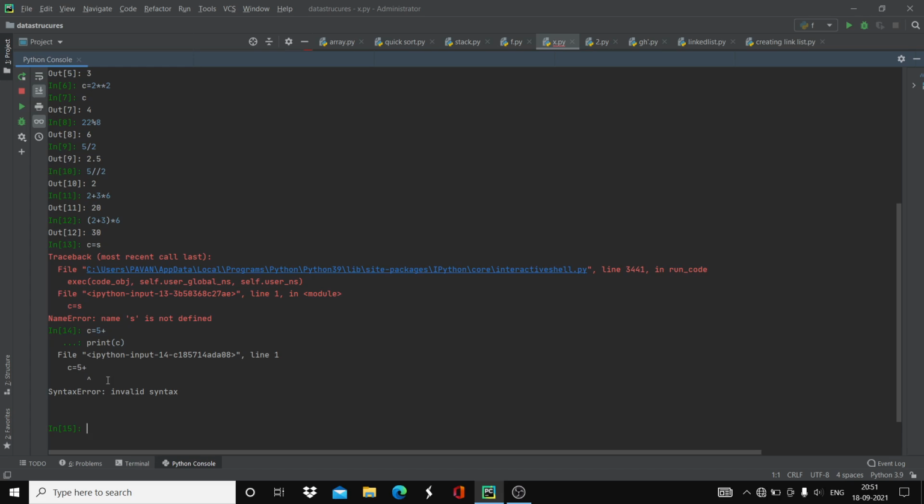Now here you can see it is showing that 5 plus is an invalid syntax. That means you can't give only one operator like this. Python can't understand it.